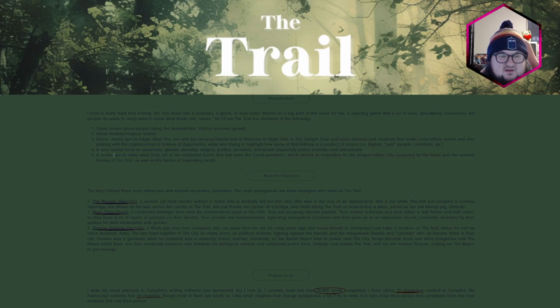And then the landscape of the trail itself is a lot inspired by COVID. The idea of a plague-ridden city that's been consumed by the forest is sort of COVID taken to its extreme, to its end. If we didn't have anyone at all getting vaccines, you know, it is quite bad how it has been, but this is just that taken to its extreme. So there's a lot of isolation and just the vibes surrounding COVID were a big inspiration for a lot of things in the story.